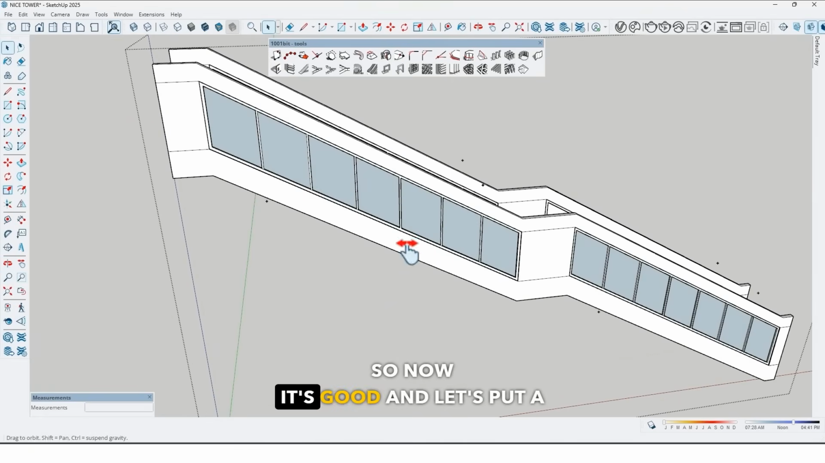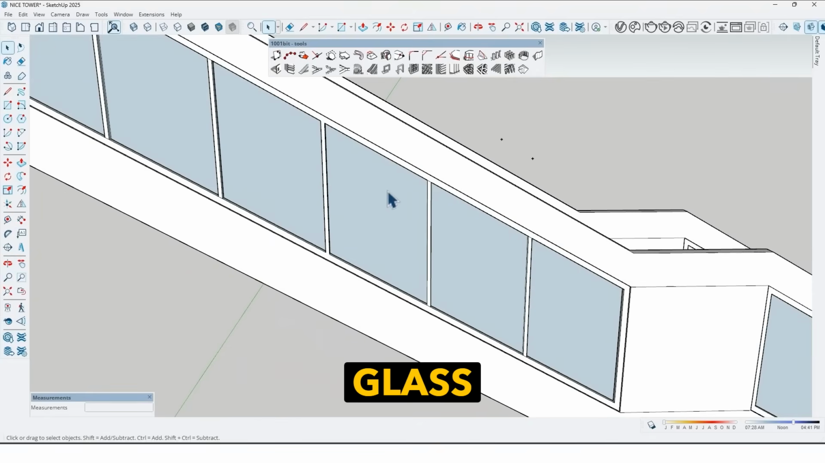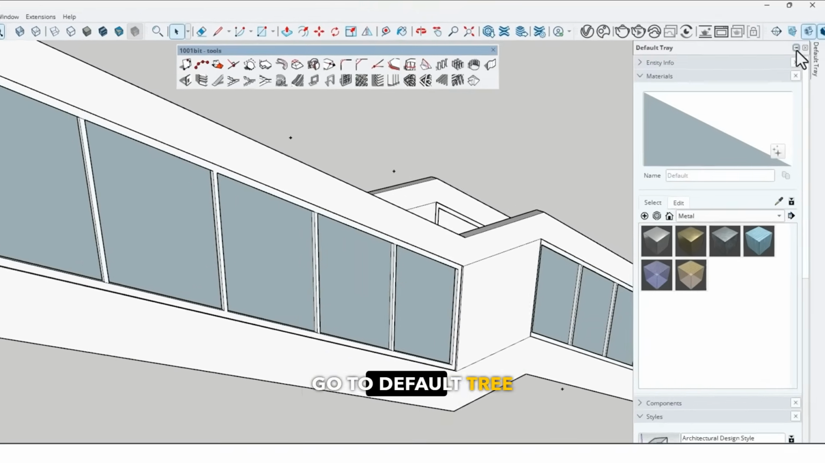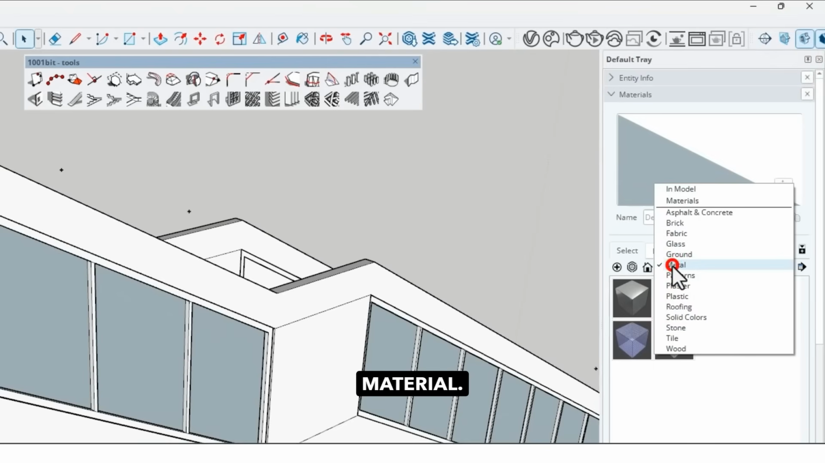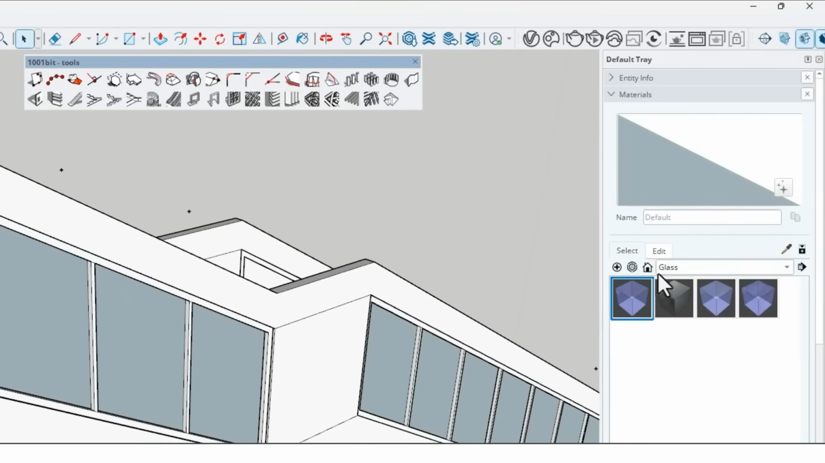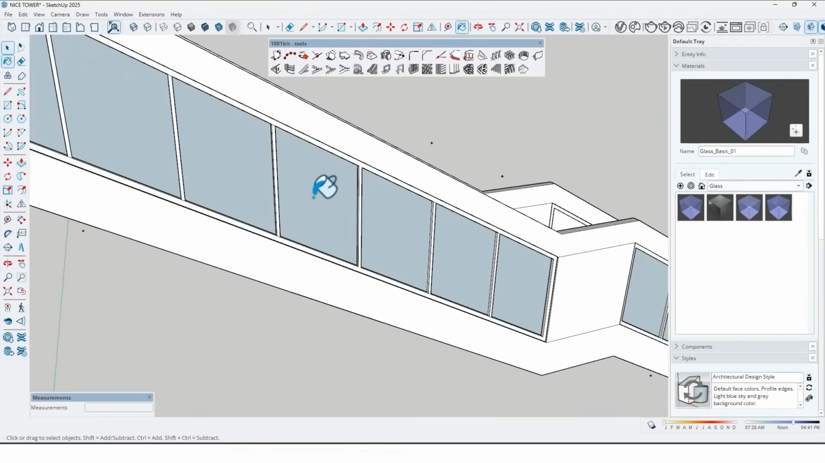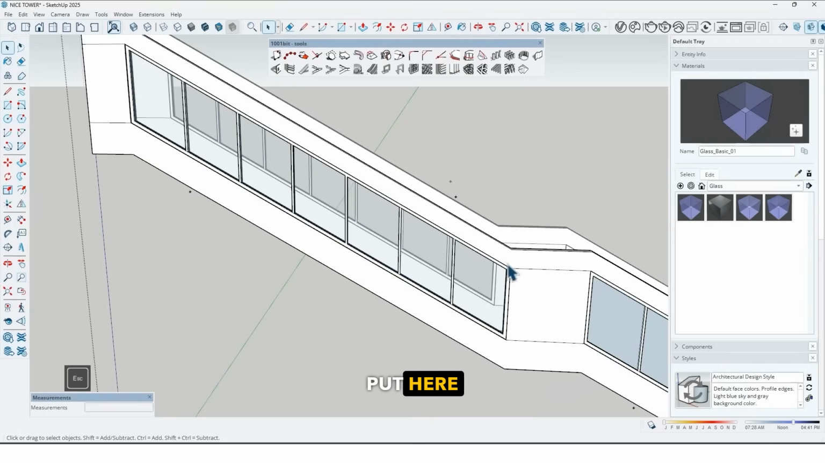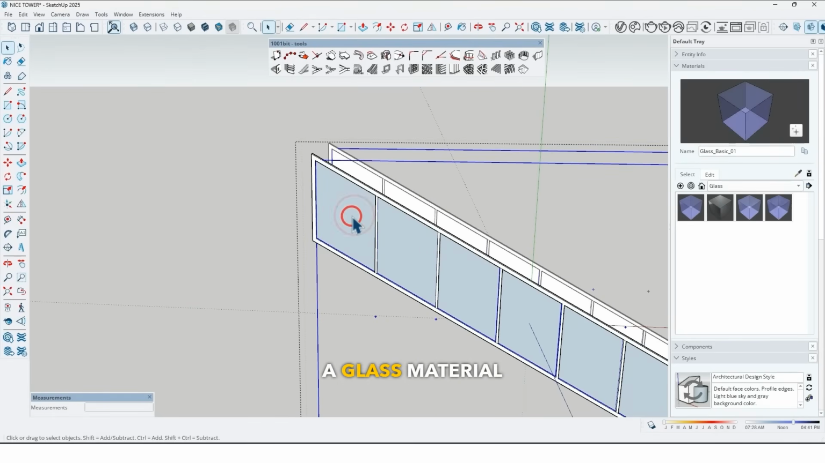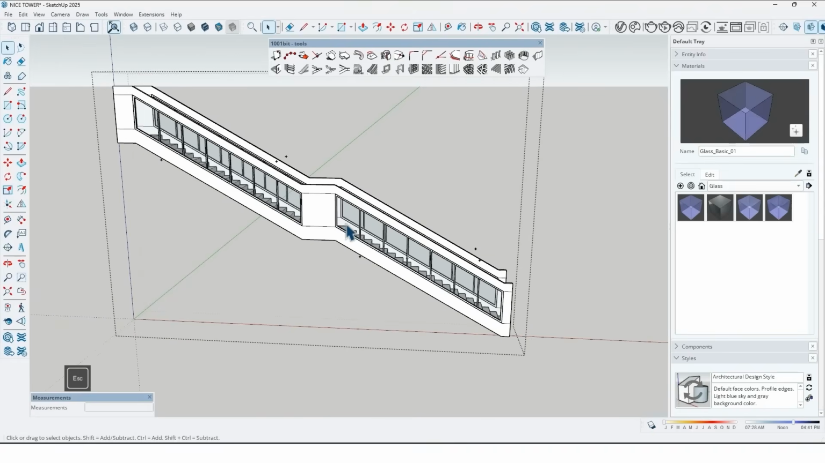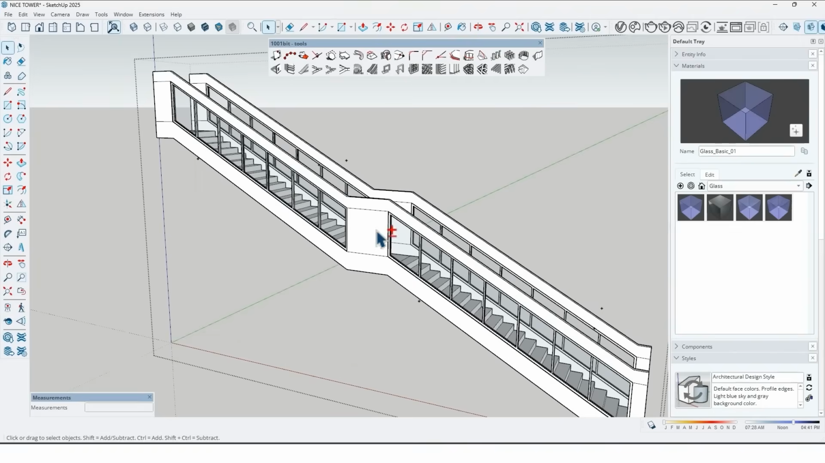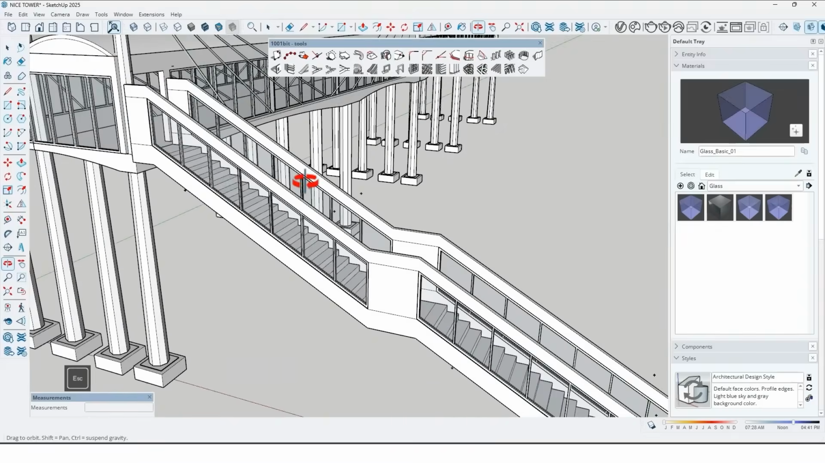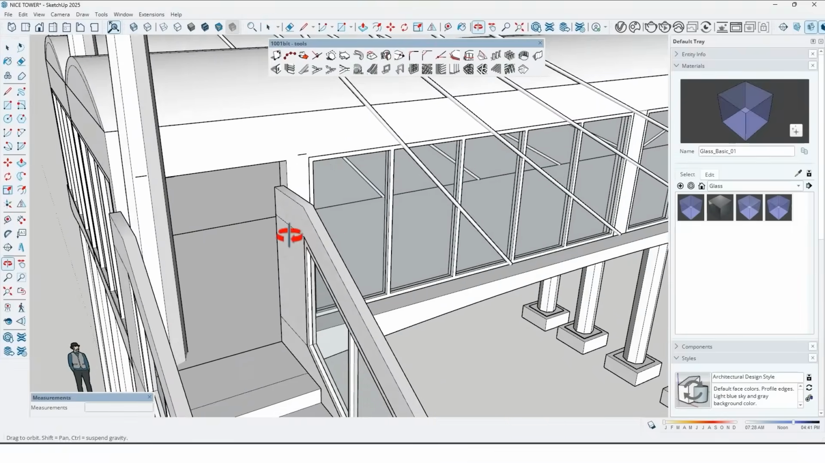So now it's good, and let's put a glass material for the window. Go to default tray, material, find glass, and go to inside of the window. Put here a glass material and here too, like this. Now here